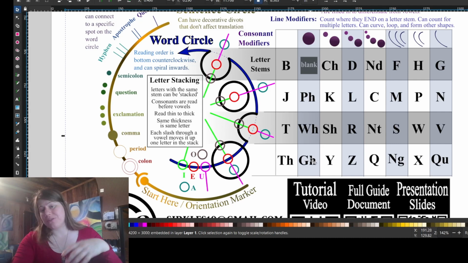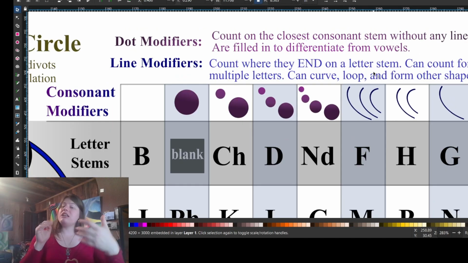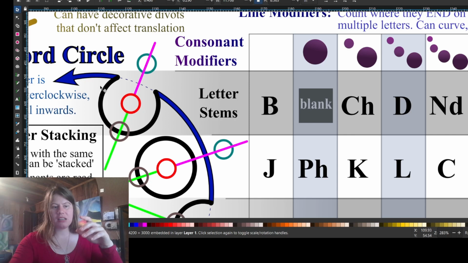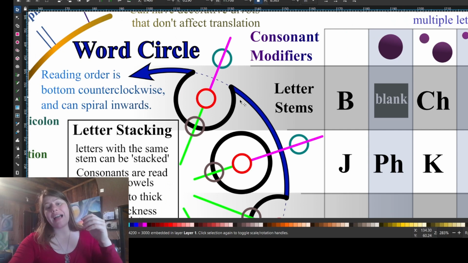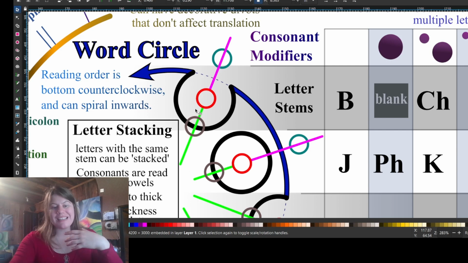Now that is how you get the rows. To get the columns, we have dot modifiers and we have line modifiers. And that fine print up here matters. These dots count at whatever letter they're closest to, whereas the lines count where they end on a letter stem. So where they connect and stop on the letter stem, which is again that black bit of our letters, so things are color-coded. This blue one is the word circle, the black line is the letter stem. If a line were to end on that letter stem, it would count for a line modifier, but if it goes through the letter stem, it doesn't count. So this line going through the letter stem doesn't count on the letter stem,